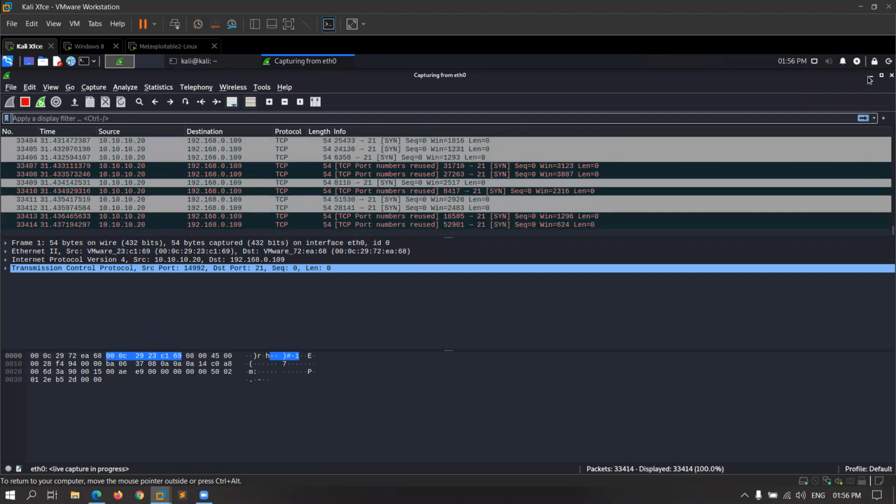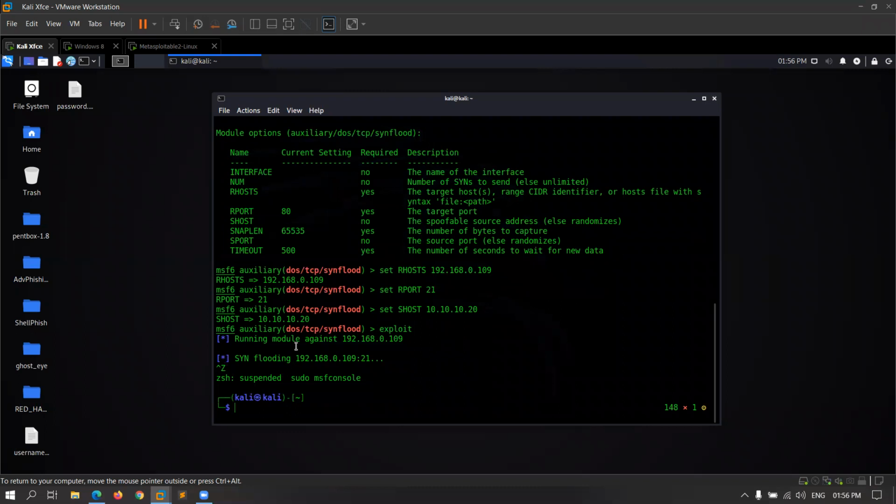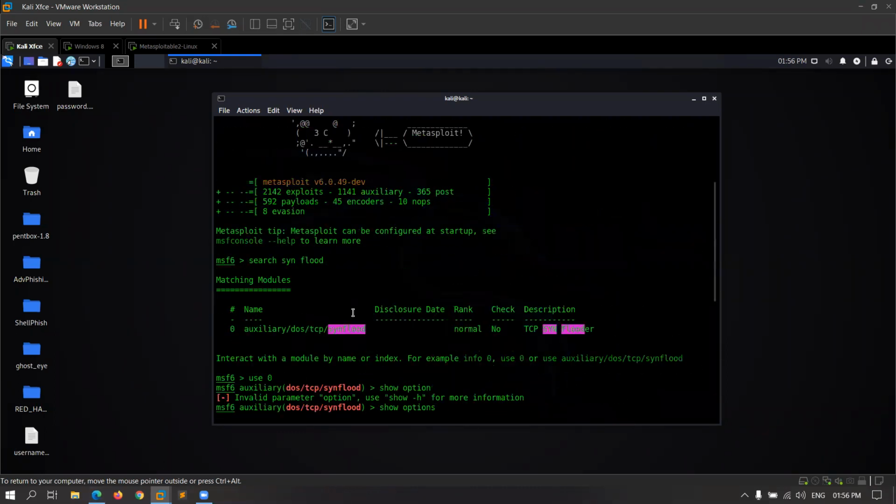I'm not going to run this attack, I'm just stopping it. So this was the way you can perform a SYN flood attack on a particular port to close the services. If you are performing this attack, the user will not be able to use the port number 21. And if you put an attack on the port 80, he will not be able to use the internet service on his machine. So this is the way you can perform a DoS attack.